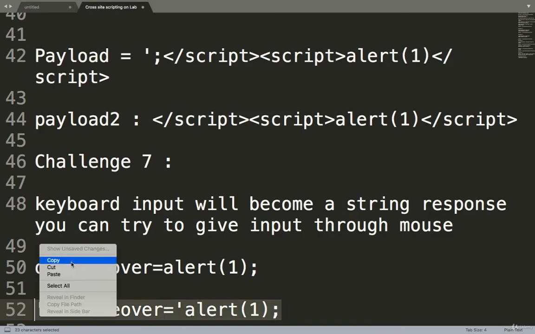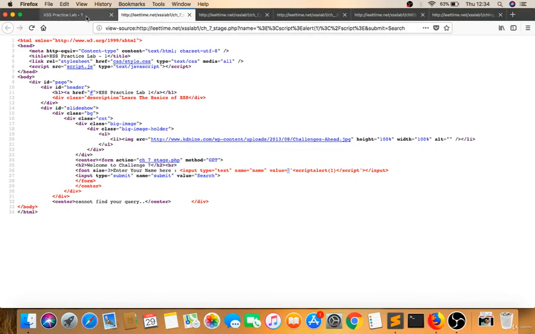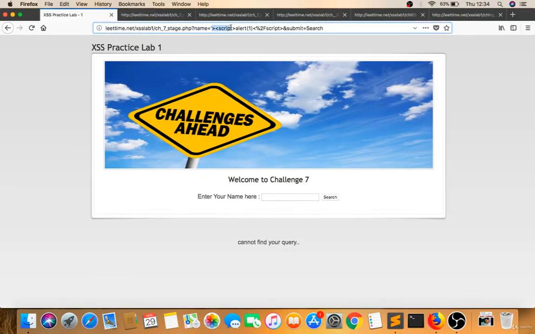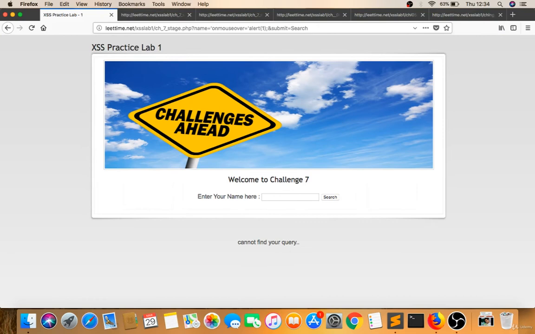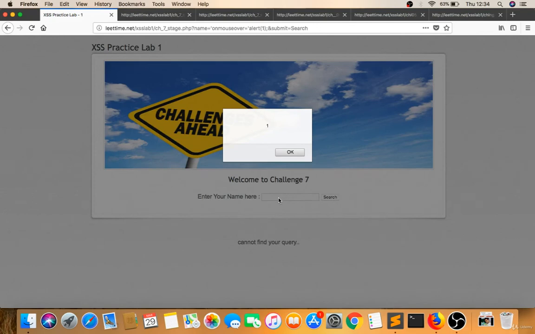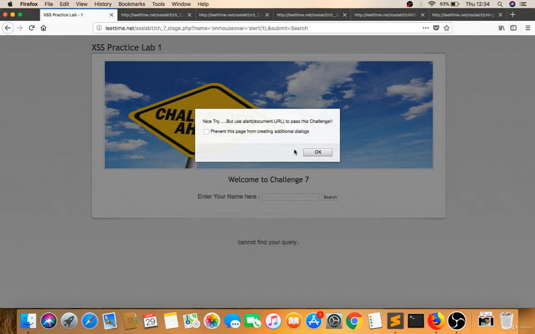If you use this on the name parameter, because this is a variable, this is reflecting, let's keep this. What happened, it's not executed because onmouseover means you have to move your mouse to the variable field. So I'm going to move on the enter your name here. See, it's executed. Whenever you move your mouse, it will execute.